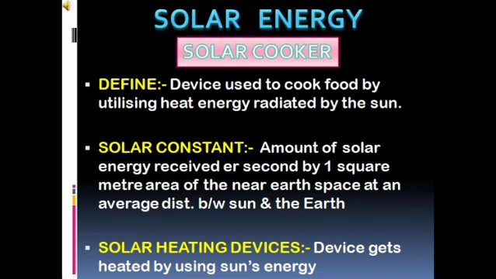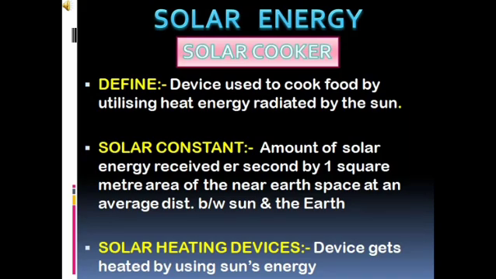Now let's discuss its mechanism. The reflector is adjusted in such a way that it faces the sun. When the sun's rays fall on the reflector, the reflector sends them to the top of the solar cooker box in the form of a strong beam of sunlight, and it is then absorbed by the glass sheet. Under the glass sheet, the sun rays are trapped, and the temperature is maintained up to 100 degrees or 140 degrees Celsius in 2 or 3 hours.